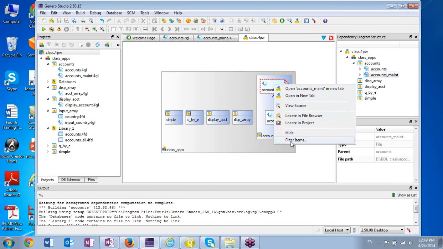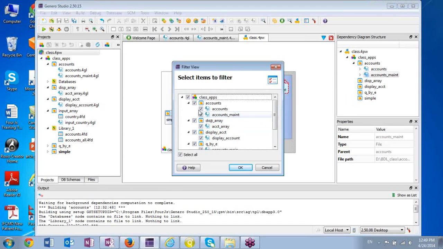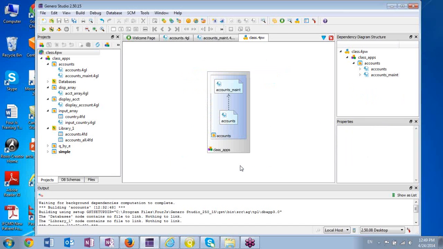Now something else you can do is, let's say you're working with a real application, not just this little application we're using for class, and there's just way too much stuff on the screen for you to figure out what's going on. It has this filter items option, where I can get rid of all this extraneous stuff that I'm not interested in. So I'm going to get rid of all the information about any of the applications except just this accounts application to simplify the screen. Now here it doesn't make that much difference, but in a large application you can see where this would make it more manageable for you to see what's going on. Now from here,